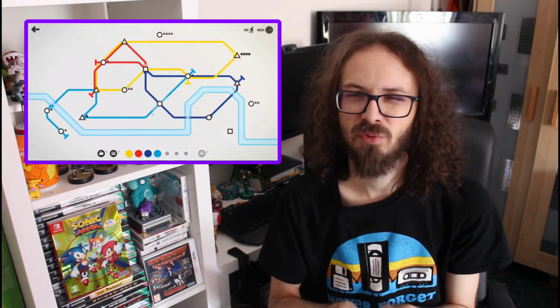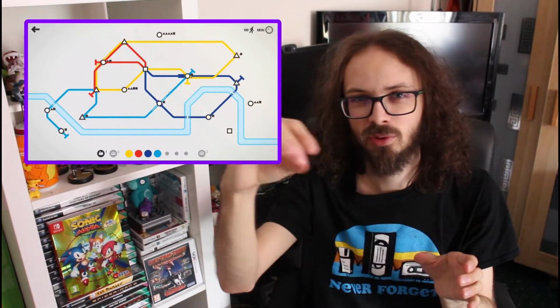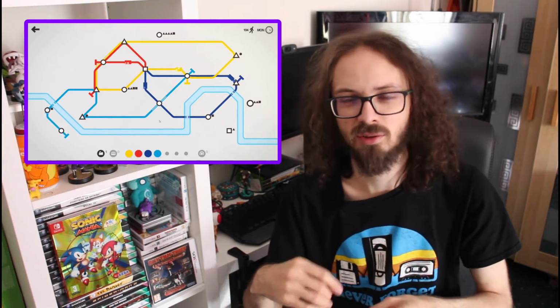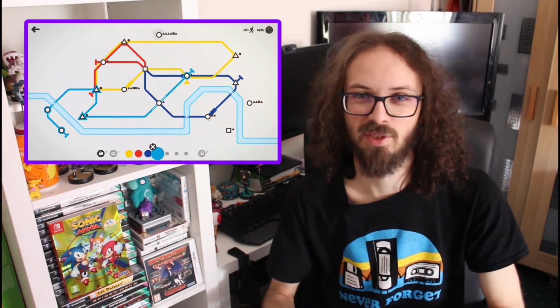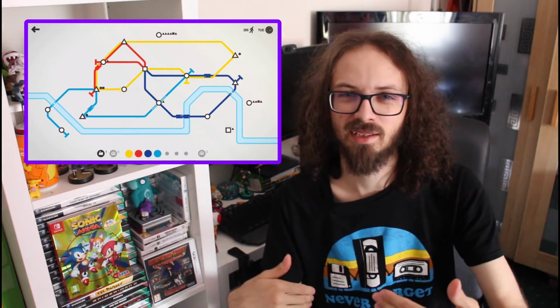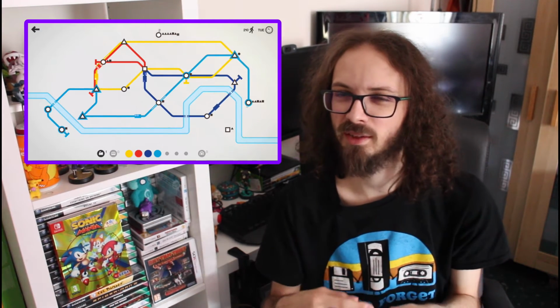shape, but you've got to carefully design the different lines to make sure Mr. Circle can go to the circle station, or Miss Triangle can go to the triangle station, or Miss Hexagon. I forgot the other shapes now. There are so many shapes, but basically it's just designing the lines to make sure all your people can get to where they go. It starts off simple,